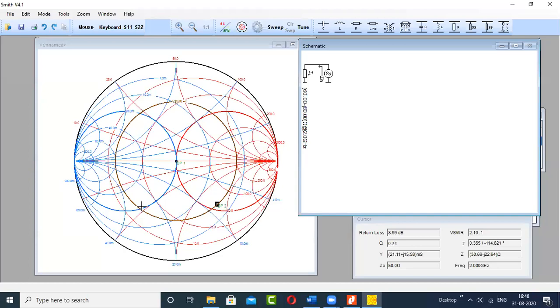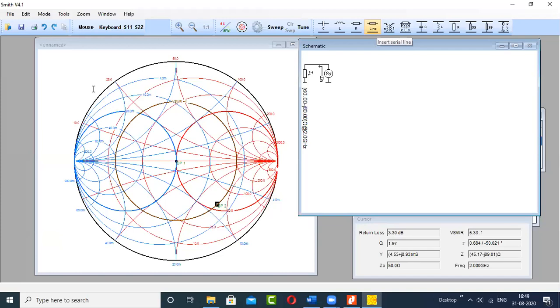Unity conductance circle. So unity conductance circle means what? This dark blue circle. So this is one place, and then the second place is here. And third is what? Once again, you can come back. Third, fourth. So infinite solutions are there, but we always go for the nearest point. Nearest point means you start from the load and move on the SWR circle till you get the intersection point of the SWR circle and unity conductance circle. Whichever you get first, that is your nearest distance. That's why the earlier solution is the preferred solution. Otherwise, you can go for the other solution also.